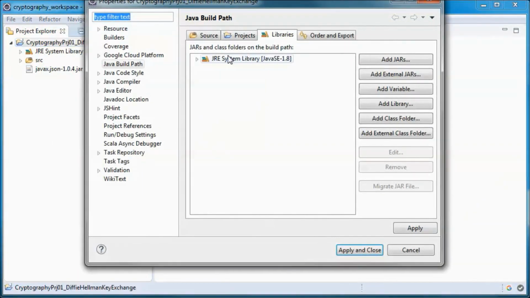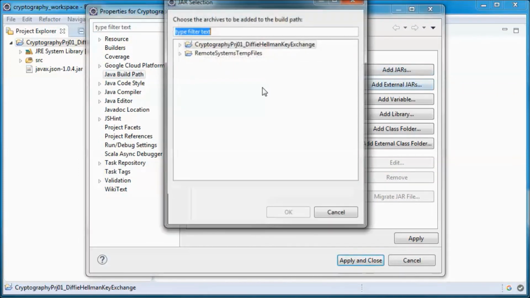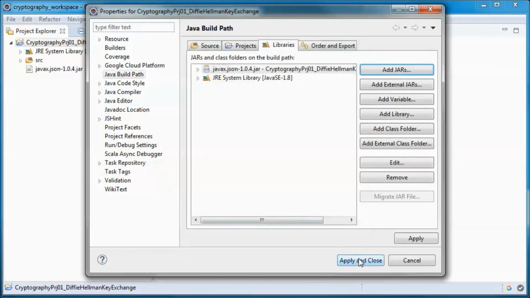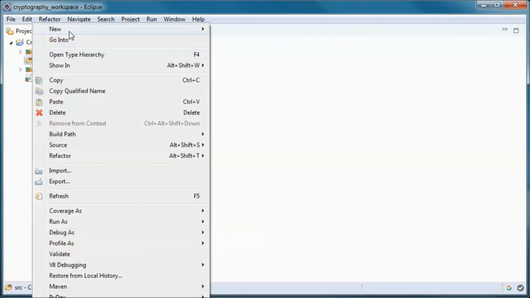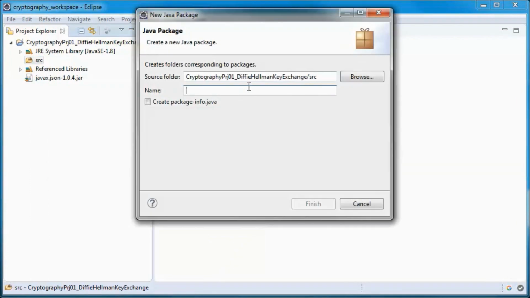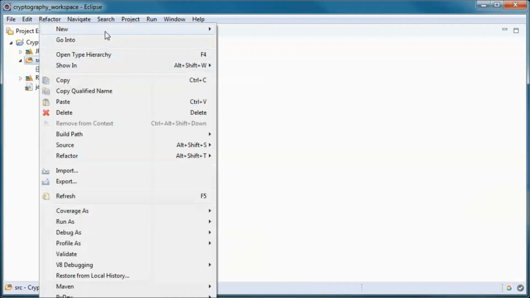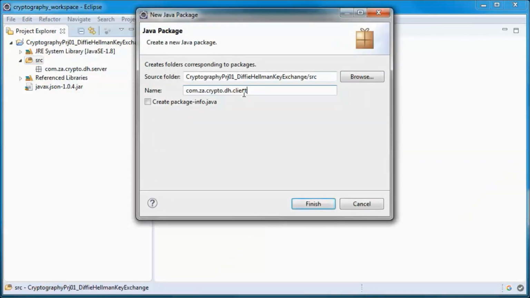So we will go to properties and Java build path, and the code will be in two packages. One for the server code and another one for the client code.